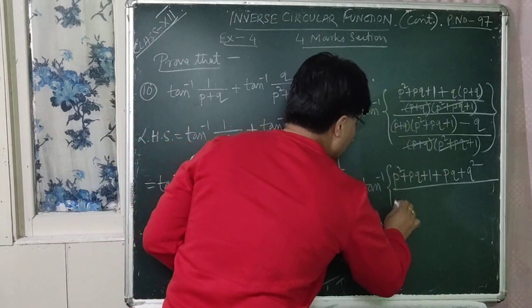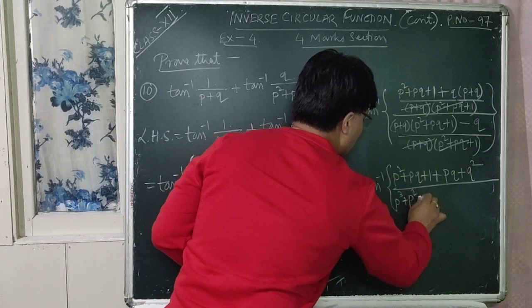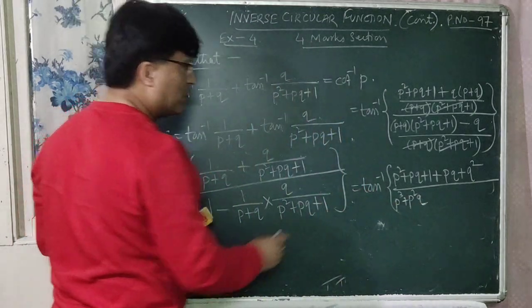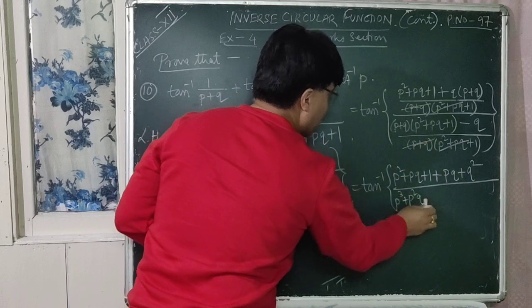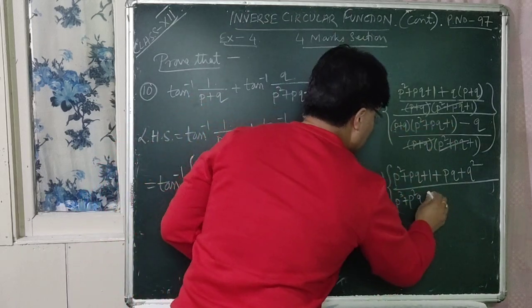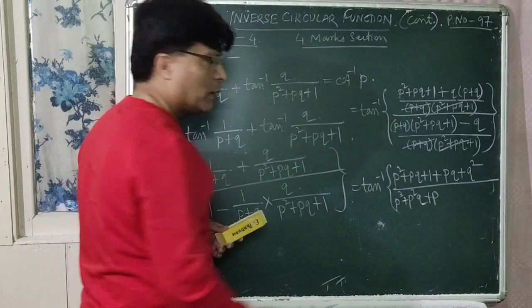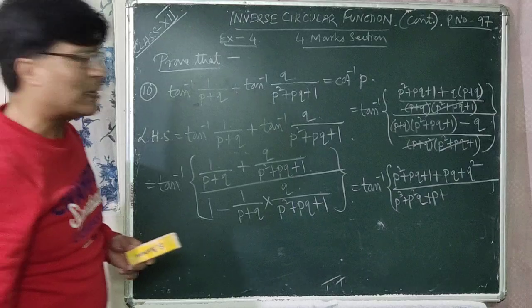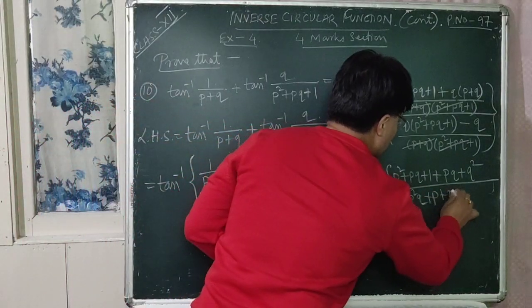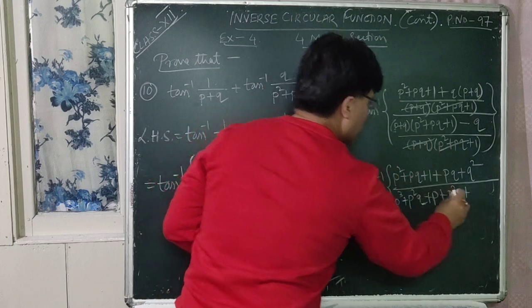P into P square, P cube, plus P into P square, plus P, right? Then multiply by Q here, it is P square Q plus PQ square,